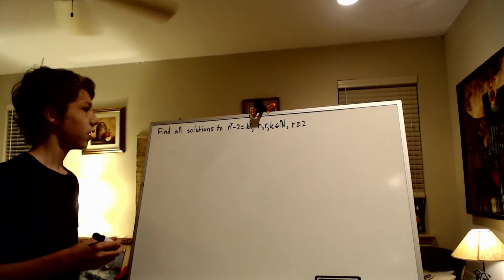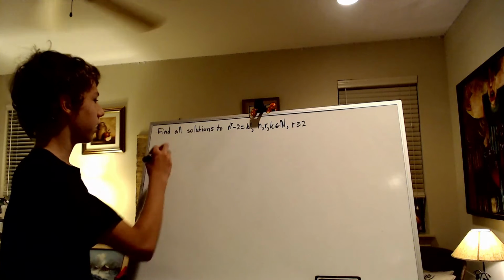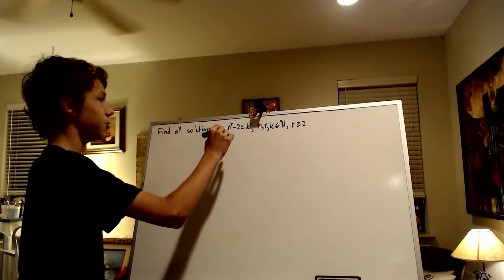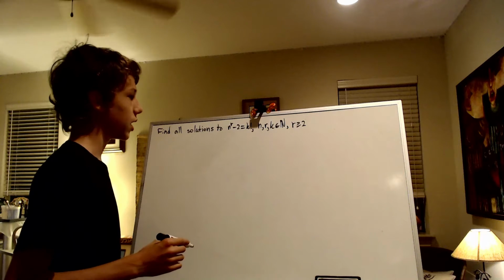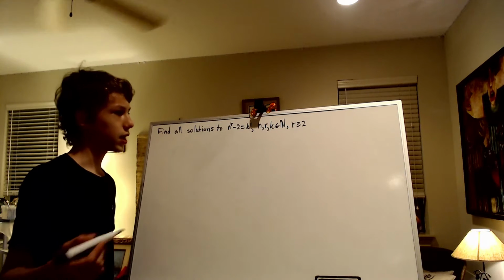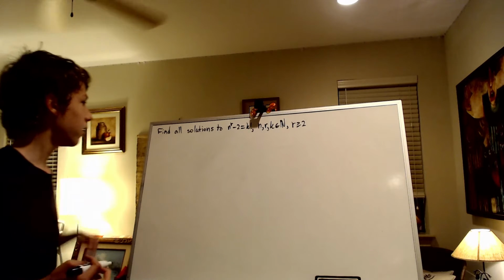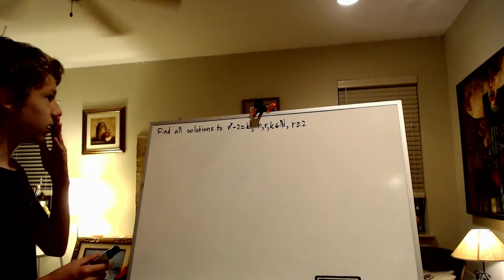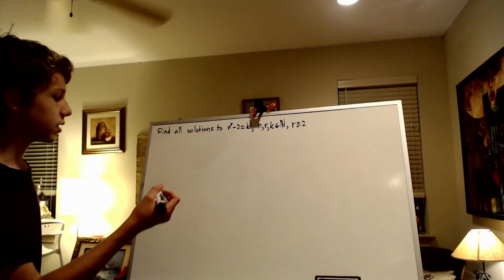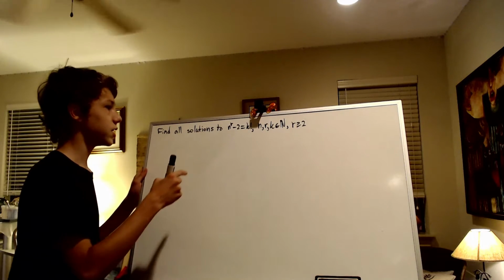arithmetic. So what we're going to do here, and I'll read out the problem: find all solutions to n to the r minus 2 equals k factorial, where n, r, and k are natural numbers, where r is greater than or equal to 2. Okay, so what I want to start off with is let's first consider the cases